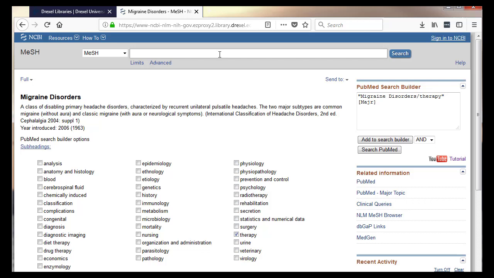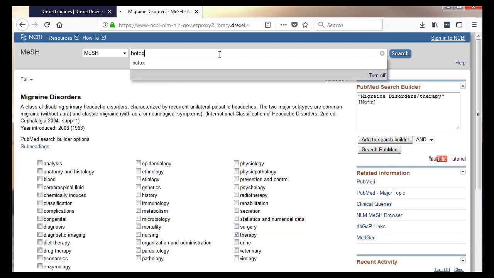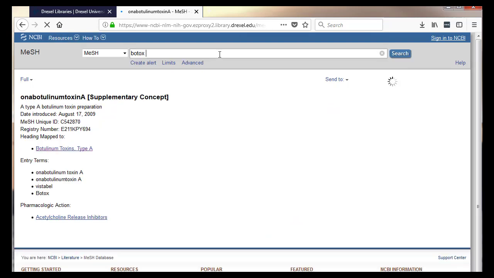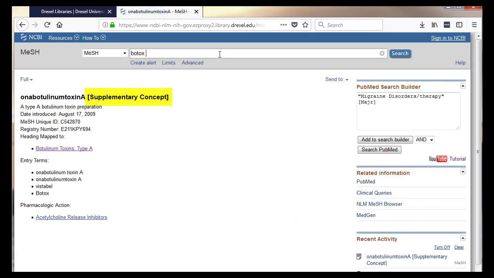So I picked the MeSH term for migraine treatment, but I specifically wanted to find articles about Botox as a treatment option, so I want to find the MeSH term for Botox to include in my PubMed search as well. When I search for Botox, I get a supplementary concept, which is how many of the drugs and other substances